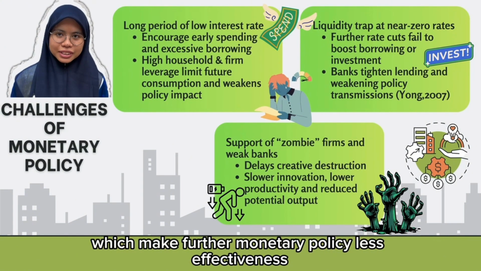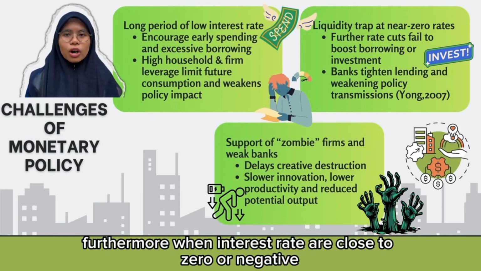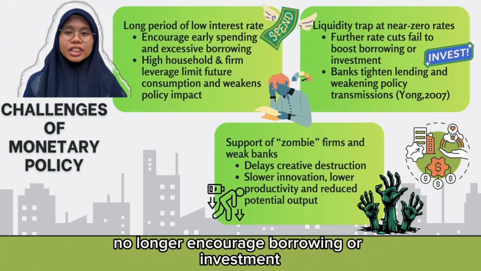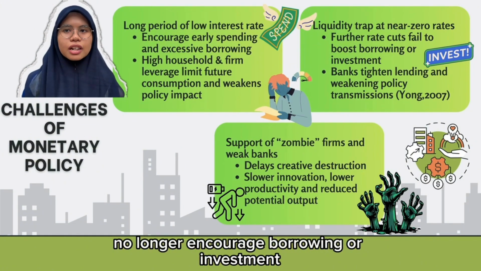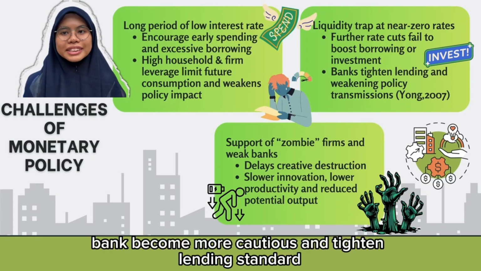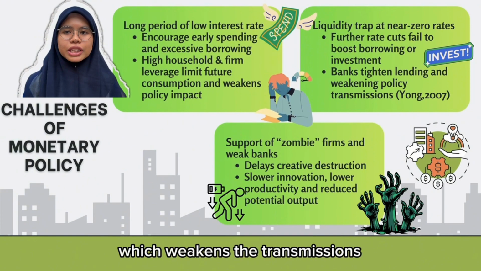Furthermore, when interest rates are close to zero or negative, central banks risk falling into a liquidity trap, where the lower interest rate no longer encourages borrowing or investment. In that situation, banks may become more cautious and tighten lending standards due to higher risk, which weakens the transmission